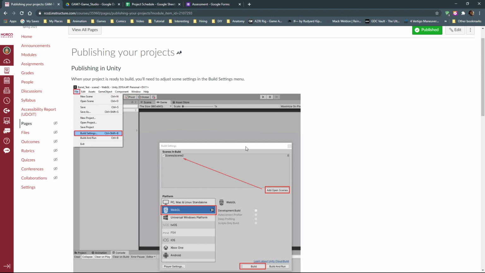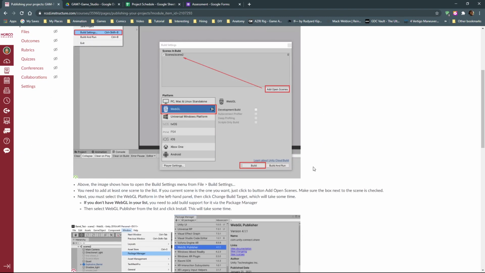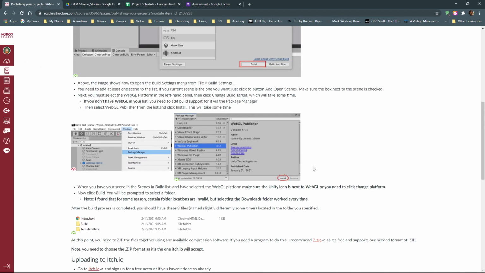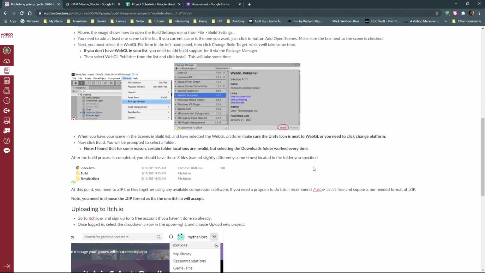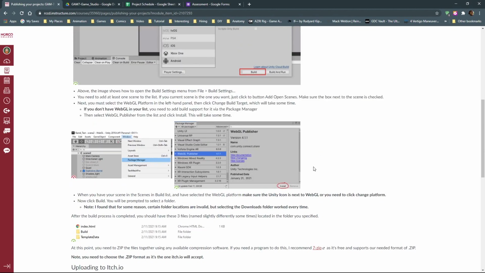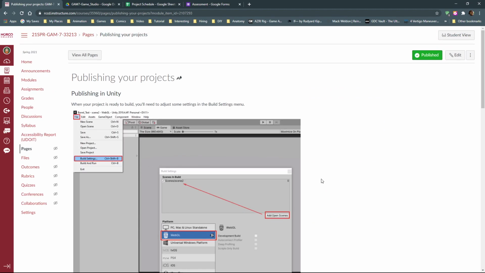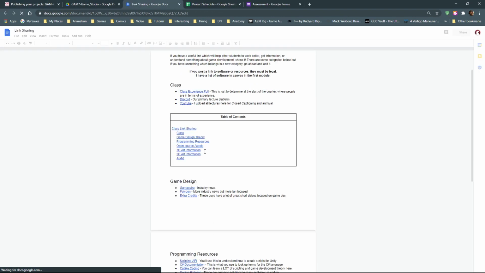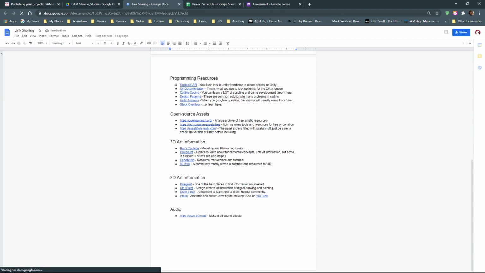In the case of artists, that might just mean a scene that opens and has an object in it. Although if what you guys are trying to do is just show off your work, there are better places to do that than publishing a Unity project. That would be more like uploading to Sketchfab or something like that. Which, did I put that? I hope I put Sketchfab in here. Let me just check real fast. Oh, geez, I didn't. Well, that's okay.